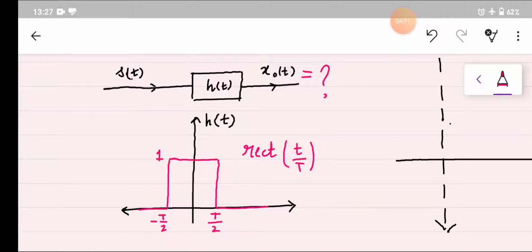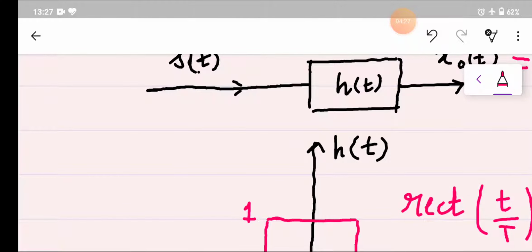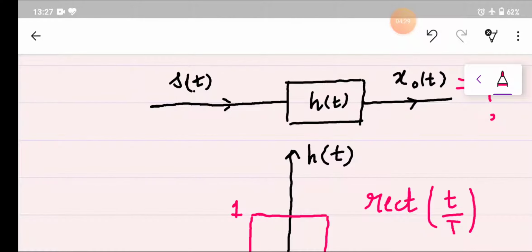Every system is defined by its impulse response, so this interpolator is also defined by its impulse response HT, which is a rectangular pulse. ST, you know, is an impulse train,